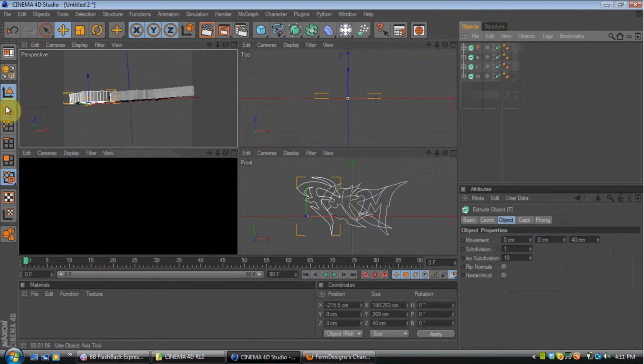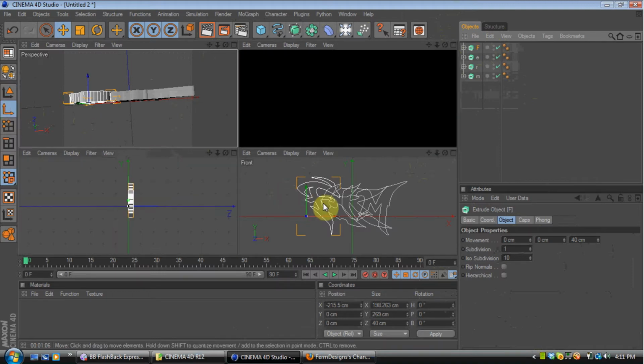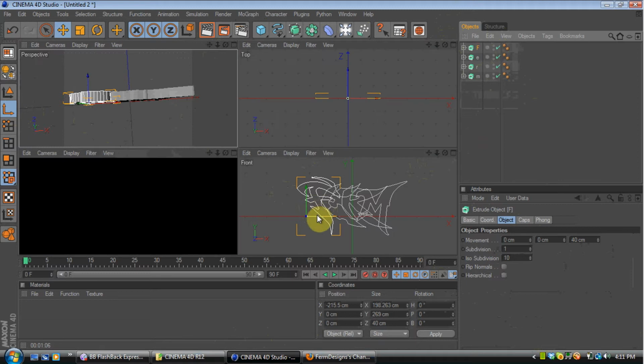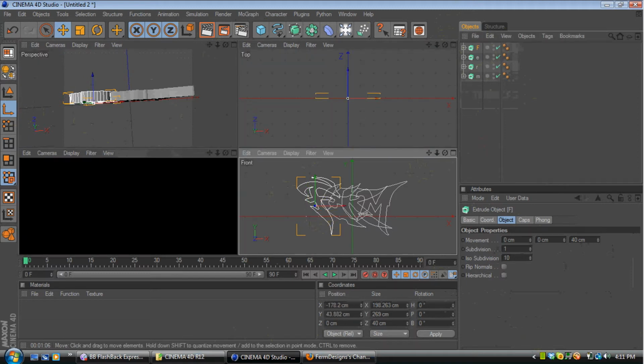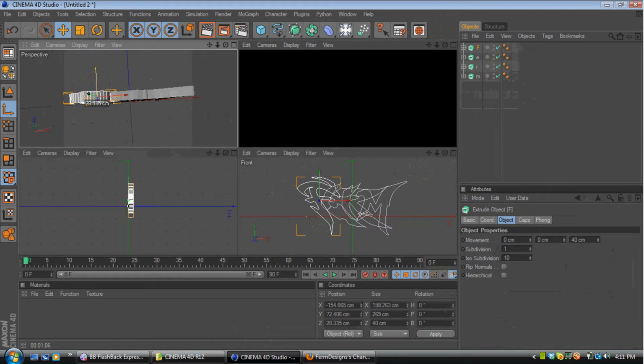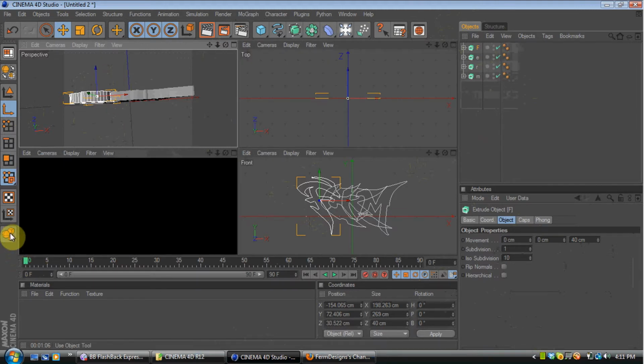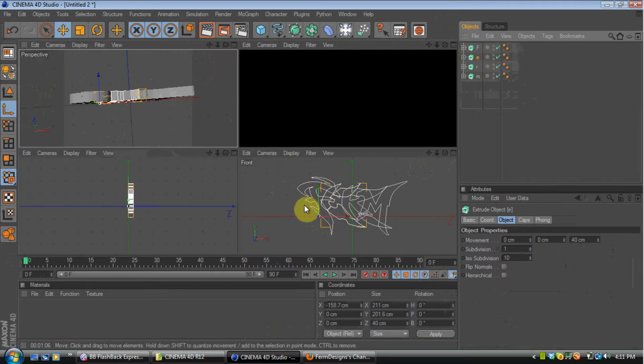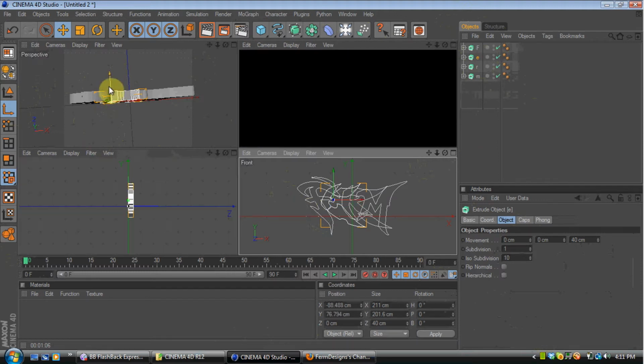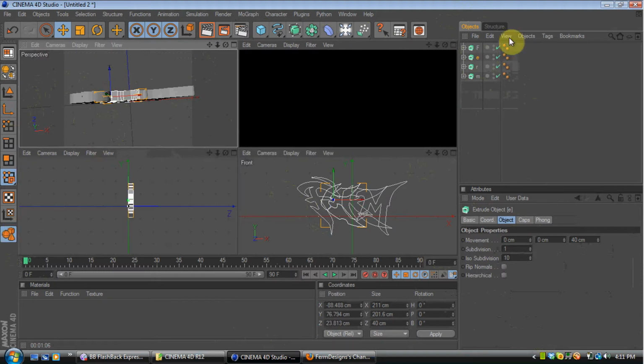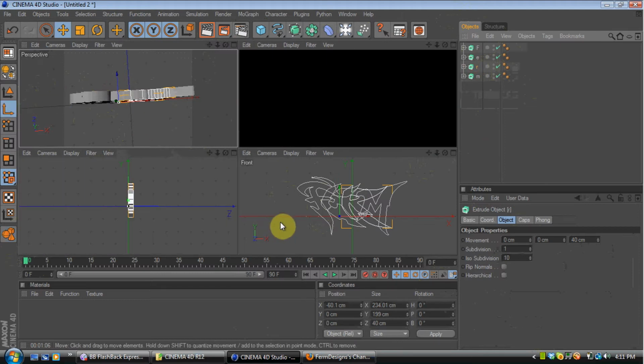Select the first one, the F, and then go to this orange X and Y axis button, and just drag, don't grab any of the arrows, just grab anywhere on the screen and drag to about the middle of the F, which is what is selected. Then go to the blue arrow and drag it to get it on the center of the text depth-wise, and then hit this button, that'll set it in stone. Then go to the next one, letter E, drag it to the center of the E and to the center depth-wise, hit that, do the same thing with R,